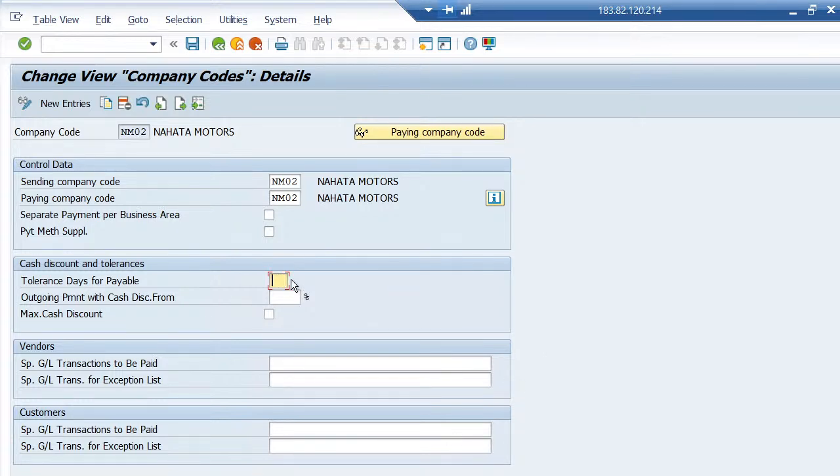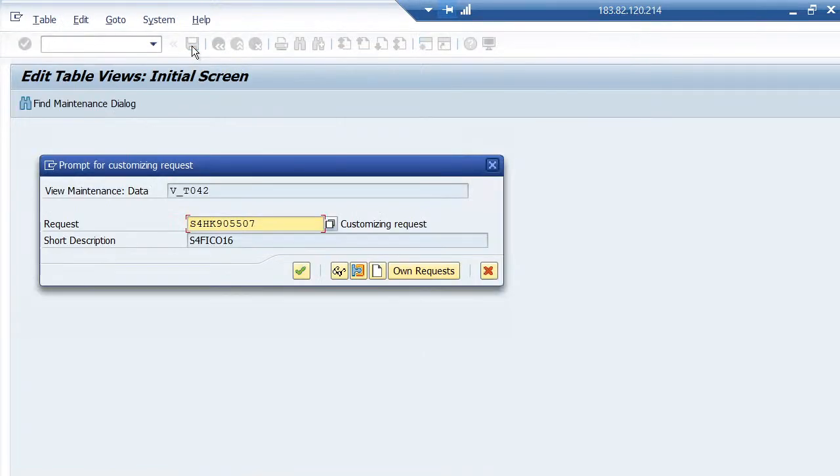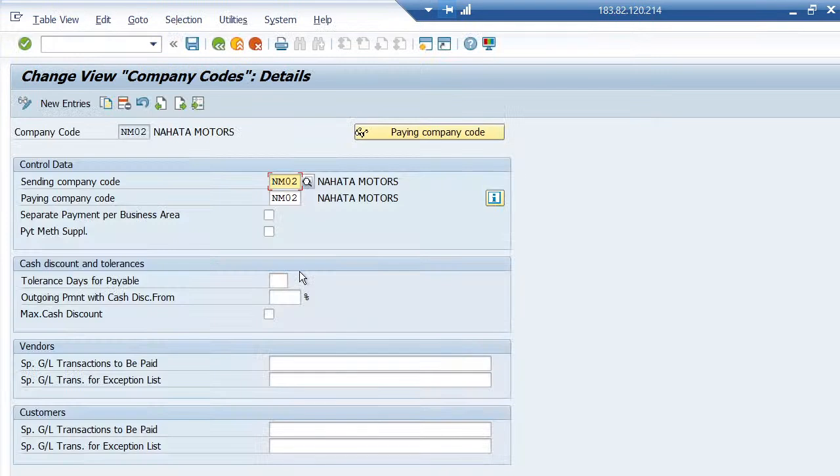So not give anything here. Then cash discount. Okay, now this is for vendor special GL account transactions and this is for customer special GL transactions. So after this, just save the data, save,